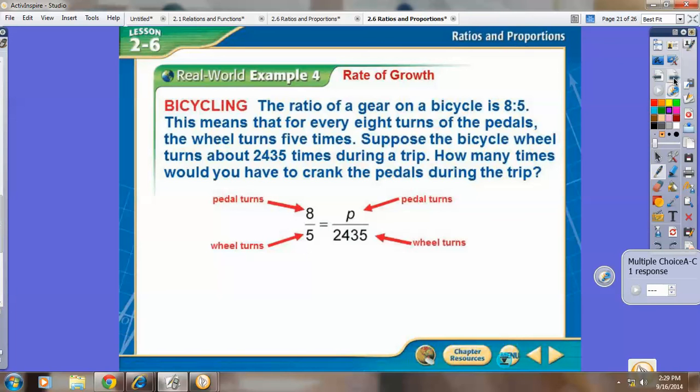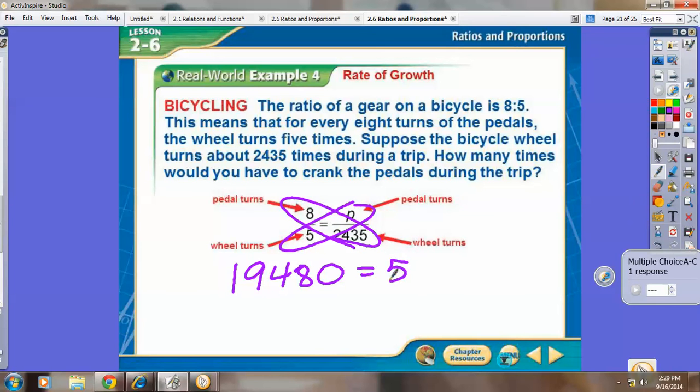We don't know how many pedal turns, do we? That's what we're trying to figure out. But we do know that the wheel is going to turn 2,435 times. So P over 2,435. Could you solve this equation? Yes. Of course we could. Cross multiply. 8 times 2,435 is 19,480, equals 5 times P. 5P. Divide 5 on each side, and P would equal